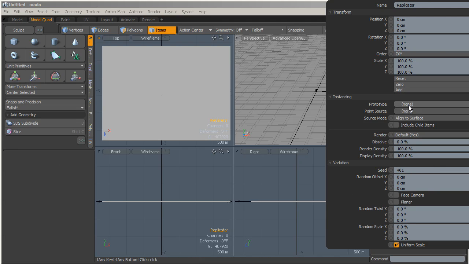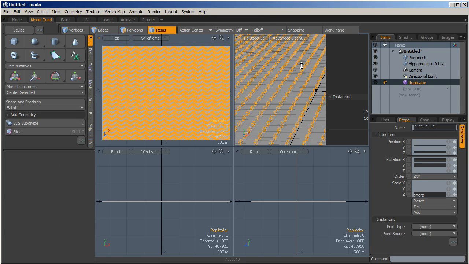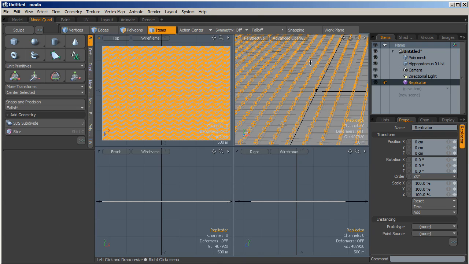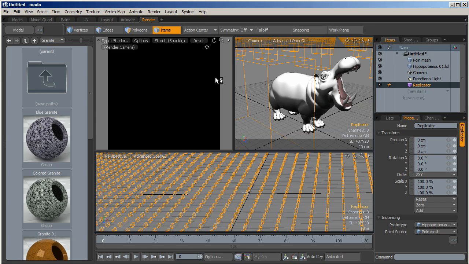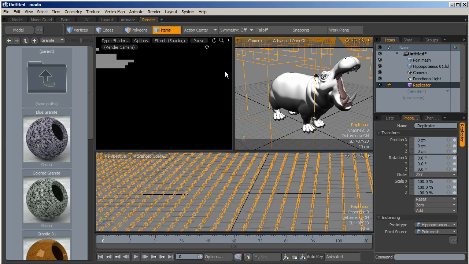So let's select the prototype for the animal mesh, and the point source will be the point mesh. Okay, you see that we created a lot of copy of the mesh. So let's go inside the render, and you see that the renderer is preparing the render. And to be faster, we can change a little the